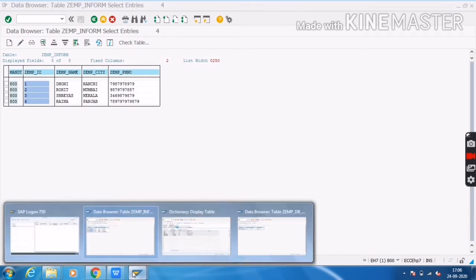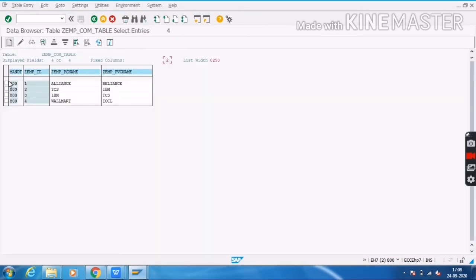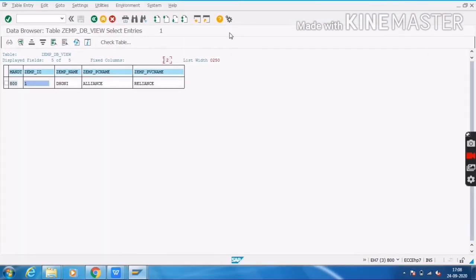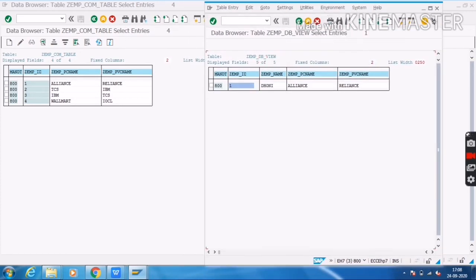Then I will show his company details inside the company table. I will click on contents, execute. You will see employee ID 1, which is related to Dhoni. His present company is Alliance and his previous company is Reliance. You can compare this way.